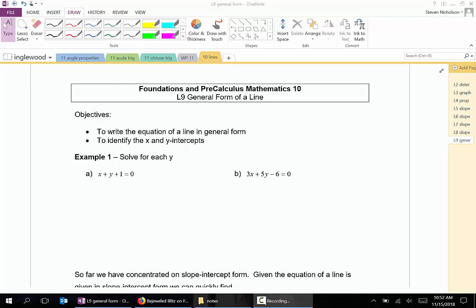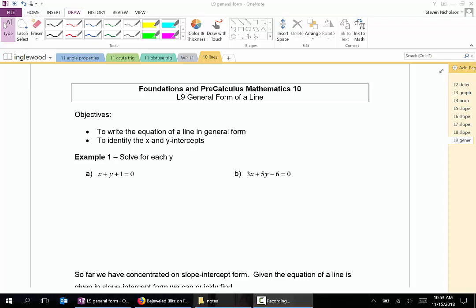Today's lesson looks at a new form of a line. It's called a general form. So we're going to do two things at once. We're going to use the general form to graph a line. We're going to write the equation in general form, and you're going to see general form has a couple of